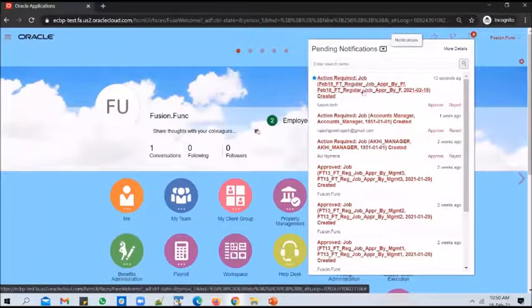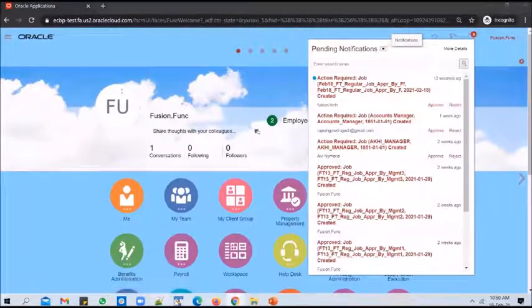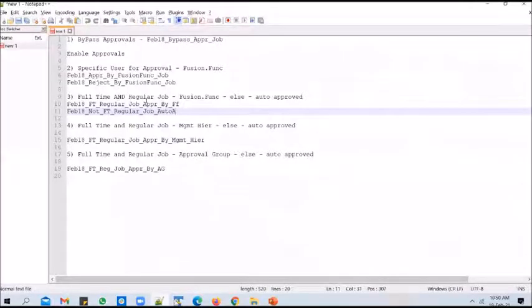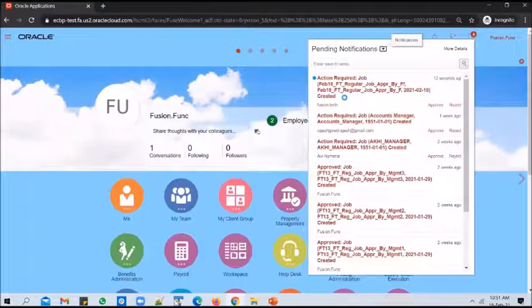And you could see that this full-time regular job has come to me for approval, Fusion.Func user. That's because that is how we have configured the rules, right? We are checking if the job is full-time regular, then we are sending it to Fusion.Func user. So I'll approve it. Until I approve this request, the job will not be created.